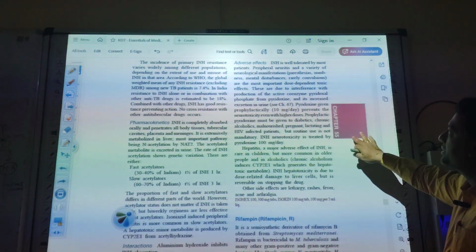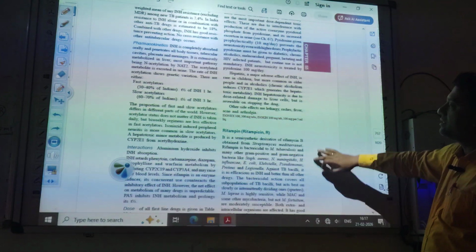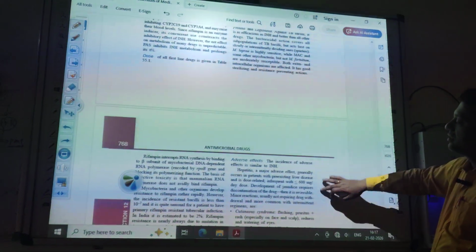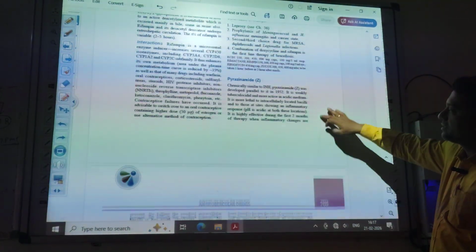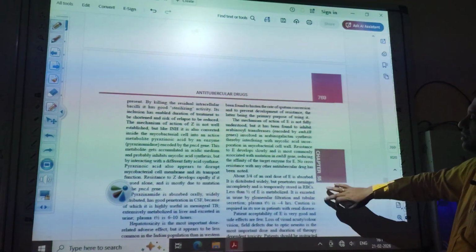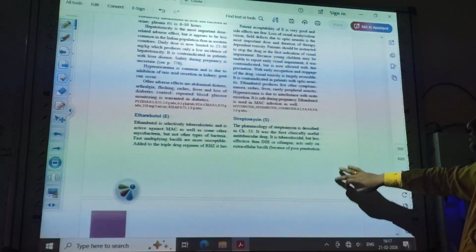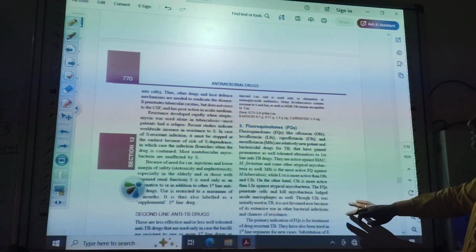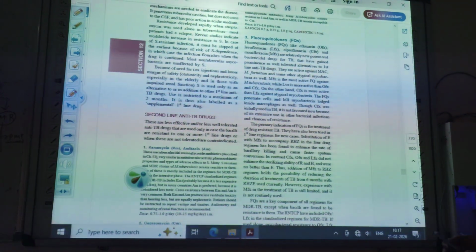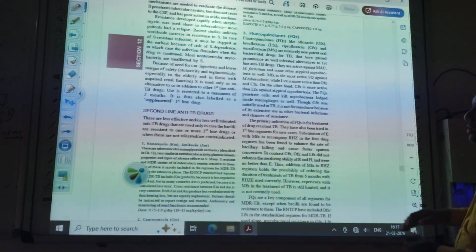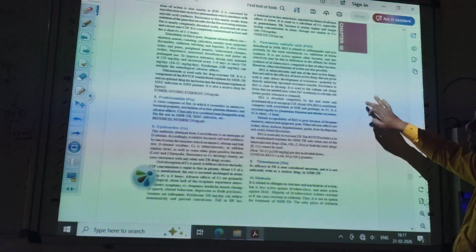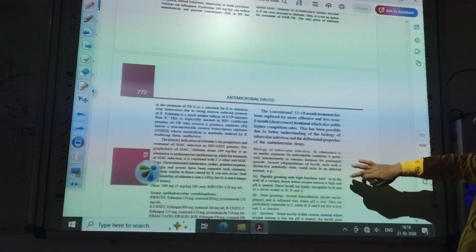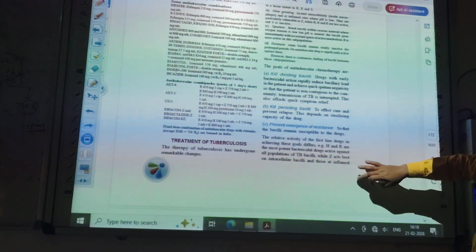Rifampin or rifampicin, that is R. Then pyrazinamide, that is Z. In the drug regimen, streptomycin, that is S. Ethambutol is E. Okay, FQ, fluoroquinolones, kanamycin. You all have to remember this, because in the drug regimen study there is only